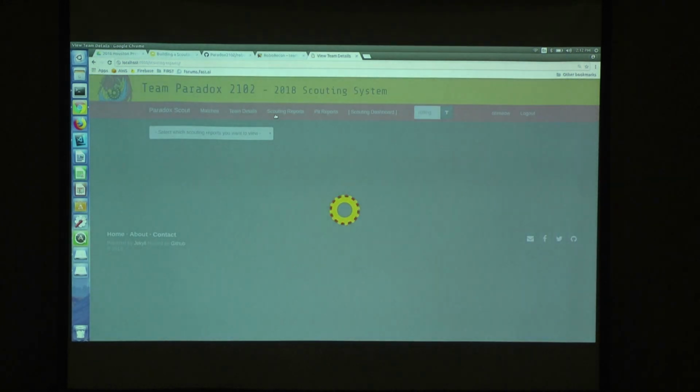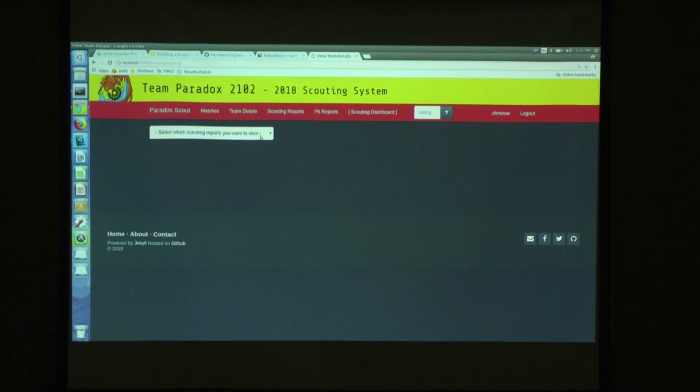So going here, we found out that sometimes people make mistakes. Our scouters would sometimes accidentally mix up the switch and the scale together. You know, it was kind of tragic. However, what we are